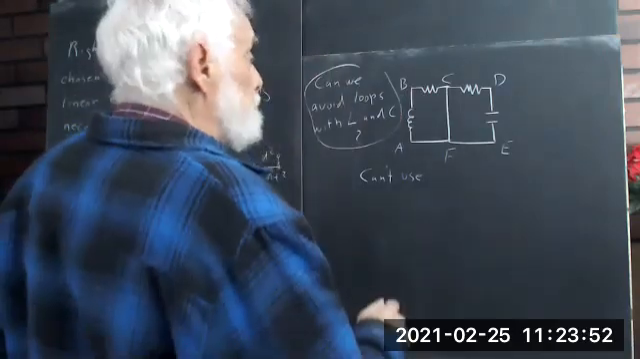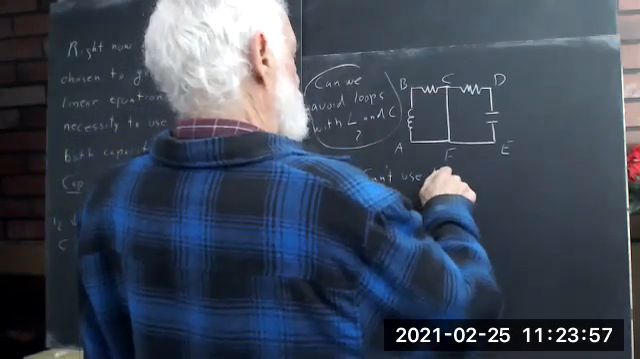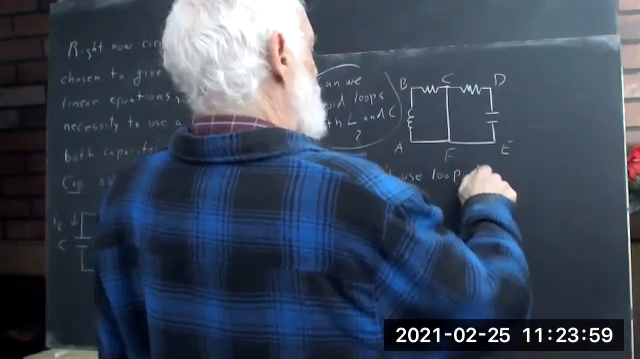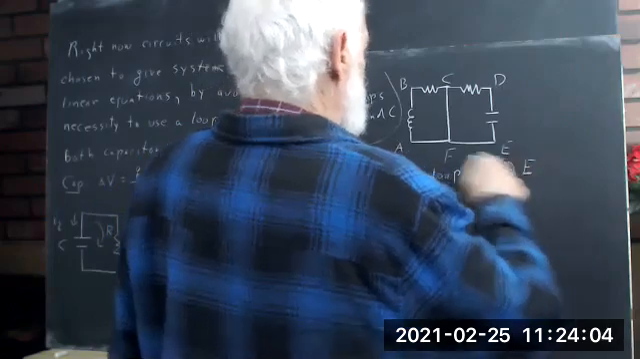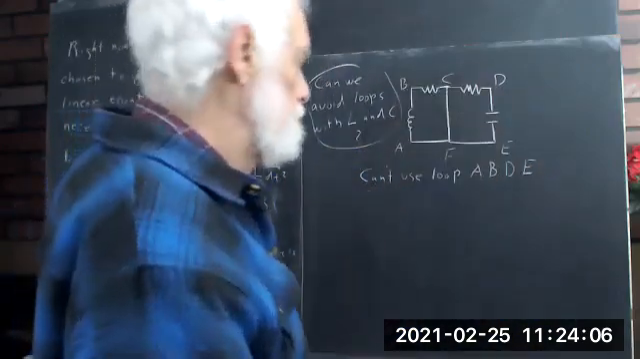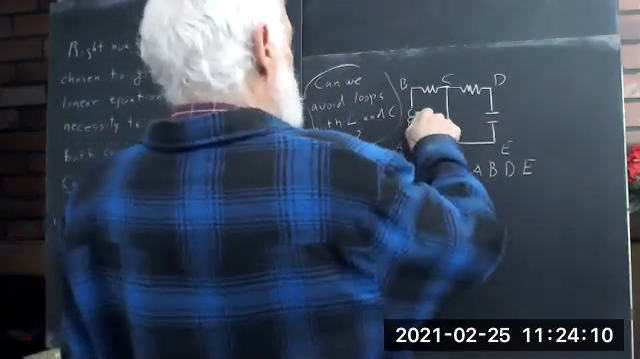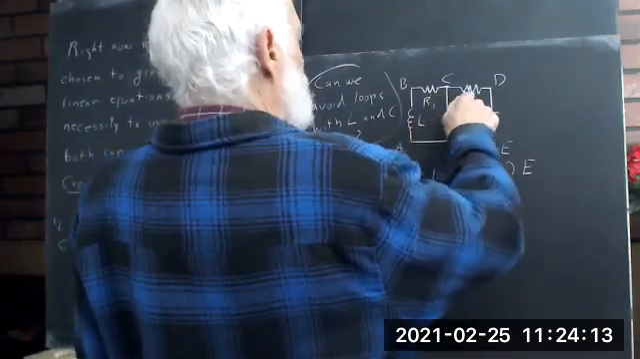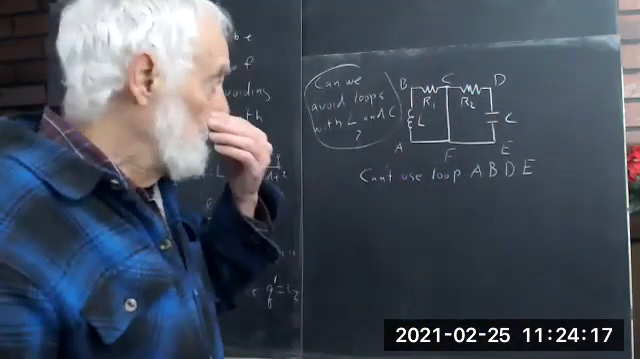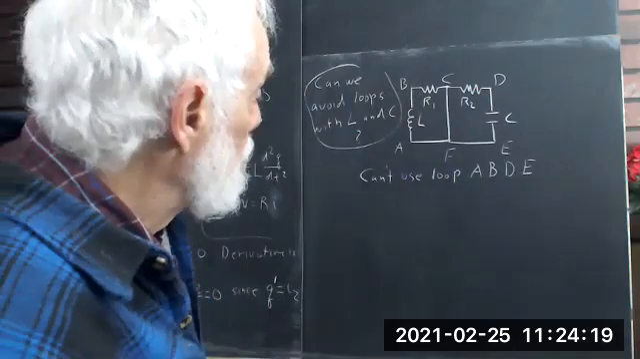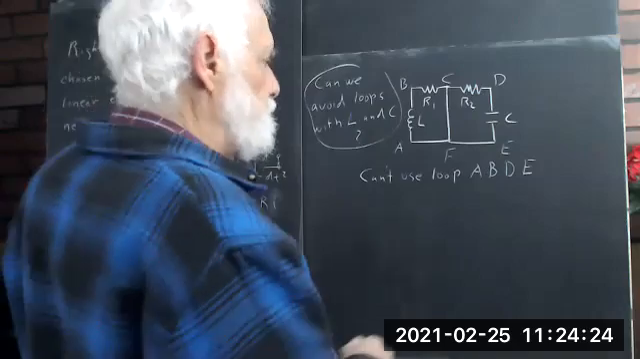We can't use loop A, B, D, E, since we have an inductor and a capacitor. Let's go ahead and give this L here, call this R1, R2, and C. Fairly simple circuit. So we can't use loop ABD and ABDE